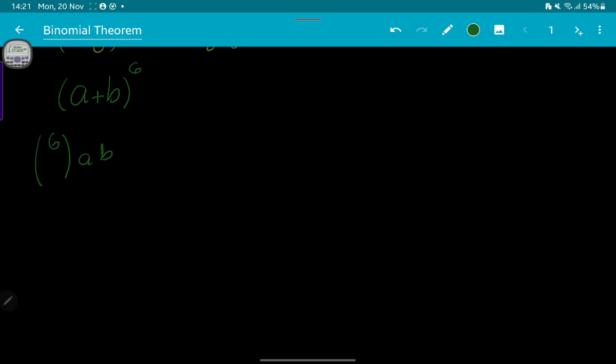This coefficient will be 6 with 0. Then we will have a and b, and this will be 6 with 1, and so on. So we can start writing this combination: 6C0, 6C1, 6C2,